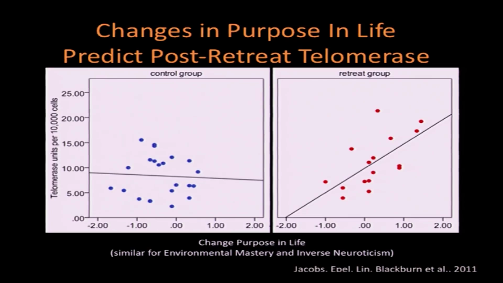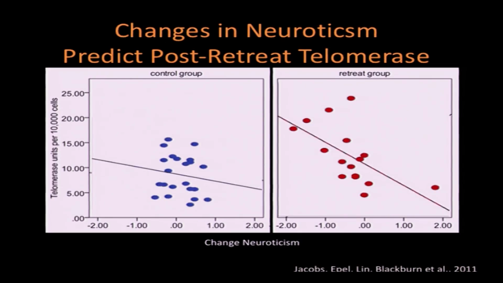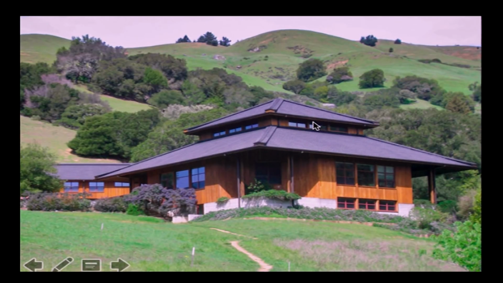That's important to know. Here is neuroticism. No change in the control group. Decreased neuroticism. It's the tendency to make mountains out of molehills, we say. More telomerase, the lower the neuroticism at the end of 3 months. And I'm almost done here. We decided to look at telomere length change in a 1-month insight meditation retreat